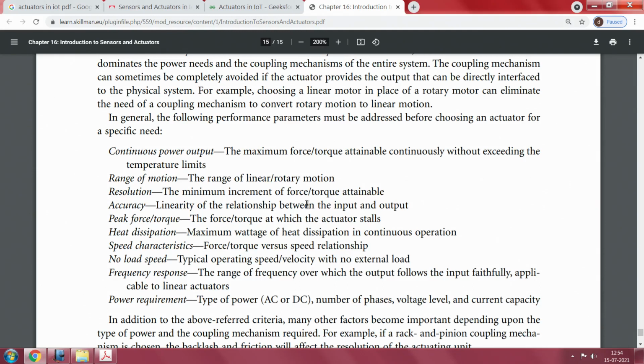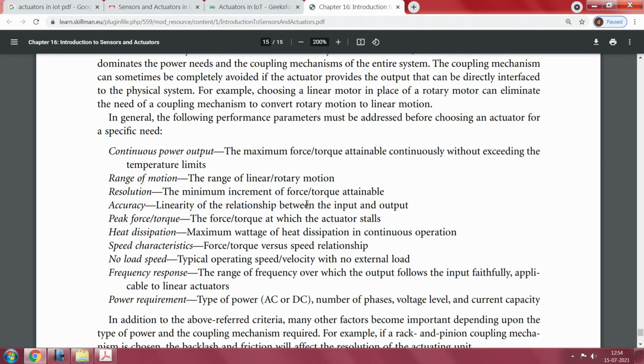Torque is usually measured in Newton meter. What is the kind of torque it provides. Resolution, what is the minimum increment in force or torque that you can see. What is the linearity, what is the accuracy of the system. Peak force or peak torque, heat dissipation in terms of maximum wattage of heat dissipation, speed characteristics, speed torque characteristics,